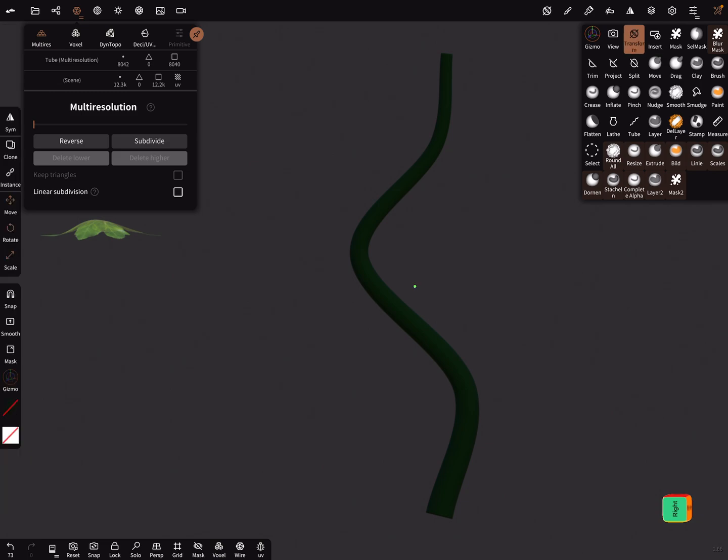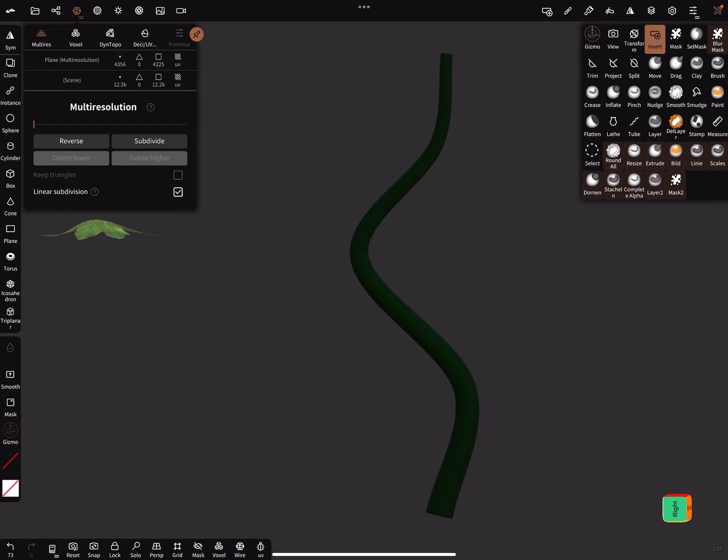And now you can use the insert tool. Sorry, we have to set the transform before. And snapping. Insert. Select the object and clone.